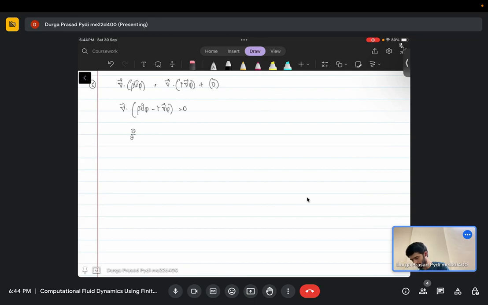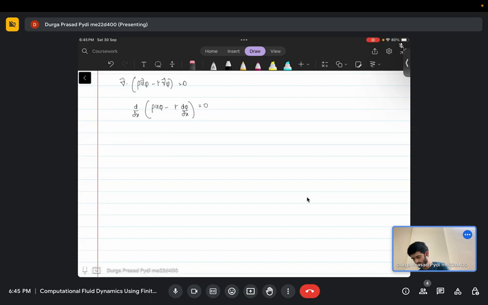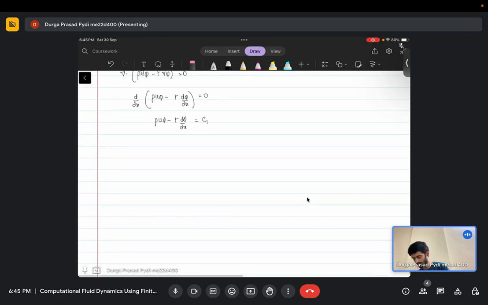Okay, it's just one dimension, so I'll just write it as, and it is straightforward to solve this equation. So if you were to solve this equation,